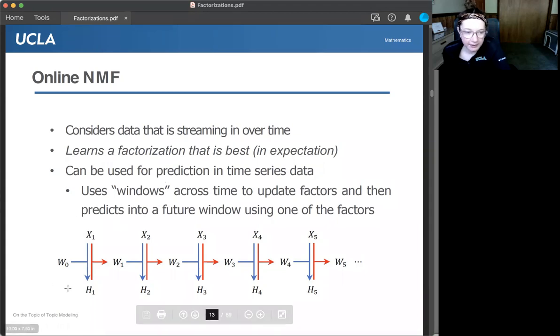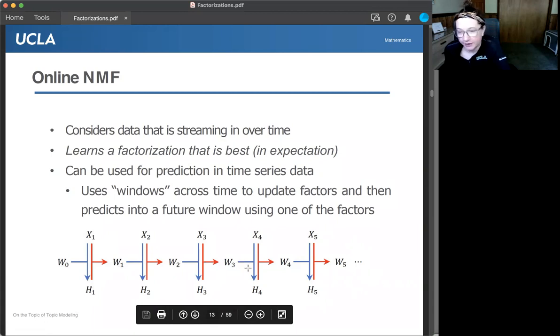This is sort of a schematic, which I'll explain in more detail in a moment. But the idea here is that the data matrices X1, X2, X3, and so on are changing over time. And we're learning W0 and H1, W1 and H2, and so on. So we're learning these factors over time. And at any point in time, I can just stop and reconstruct X by taking, say, W3 times H4 to